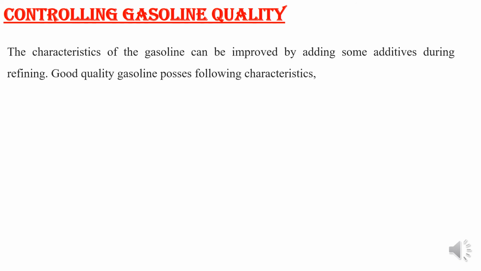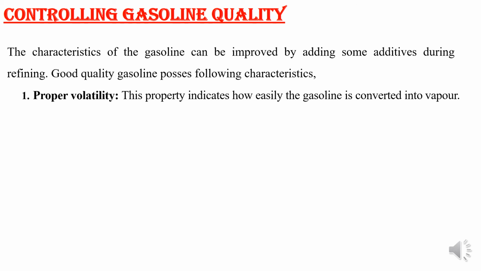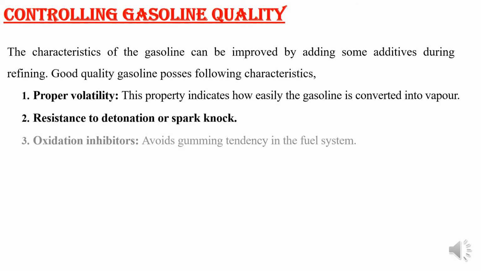Next, controlling the gasoline quality. How to control the gasoline quality? Characteristics of gasoline can be improved by adding some additives. So by adding the additives, we can control the quality of your gasoline. Good quality gasoline improves the following characteristics: one, the proper volatility, then resistance to detonation of spark plug,